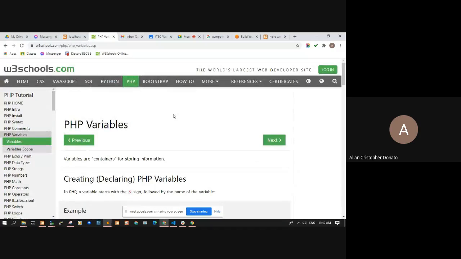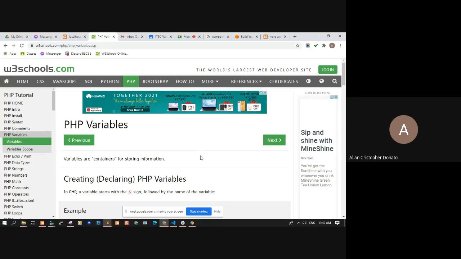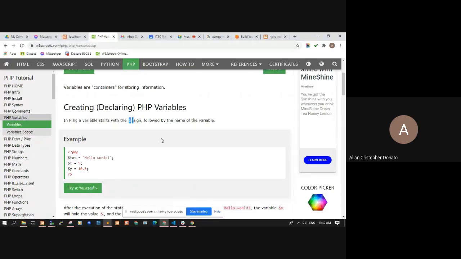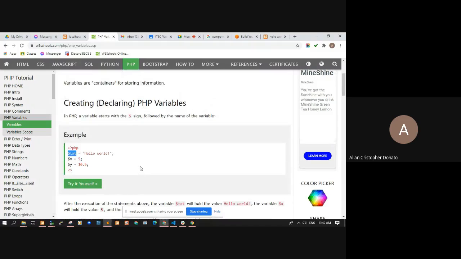And then declaring variables. So variables in PHP are declared using the $ sign. Take note, $ sign. Every variable in PHP must be started with a $ sign. Okay? In JavaScript, we declare variables using the var keyword. In PHP, we don't use any keyword as long as we use the $ sign as the prefix or the start of the variable name. So $ sign followed by alphanumeric characters or underscore.